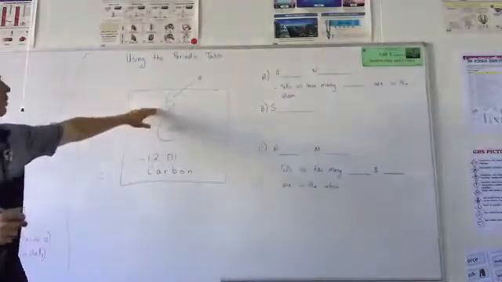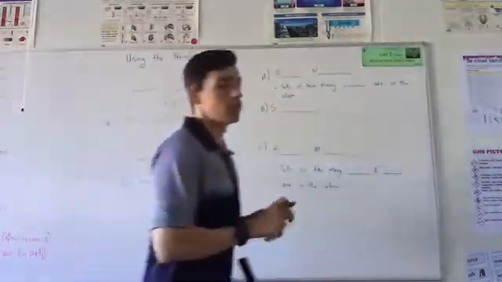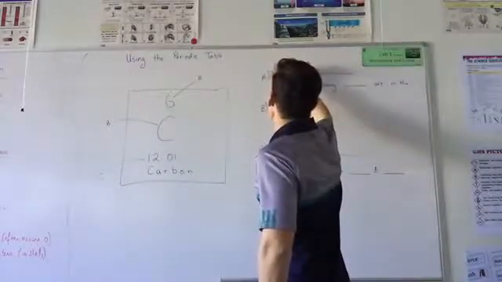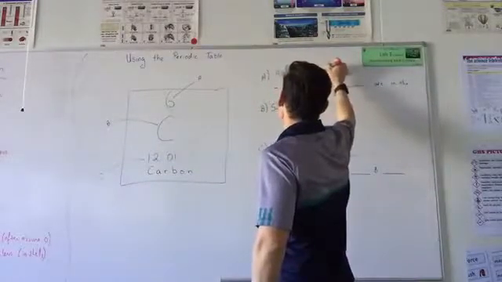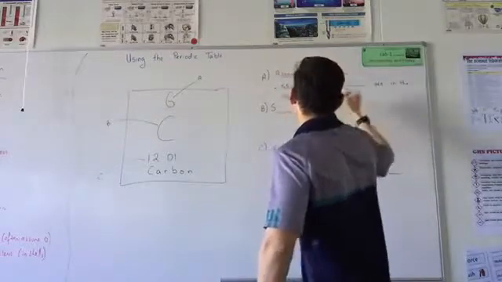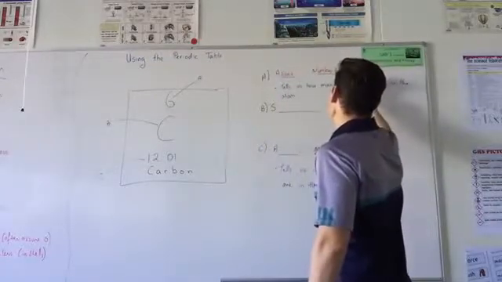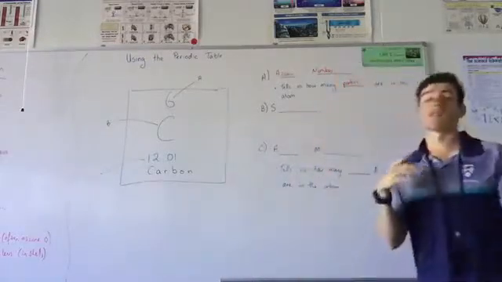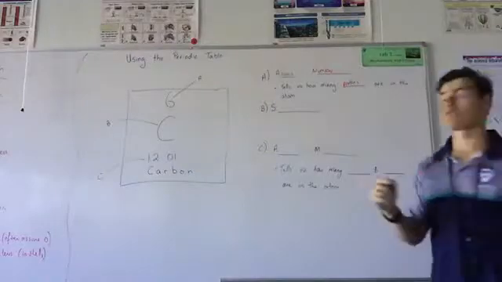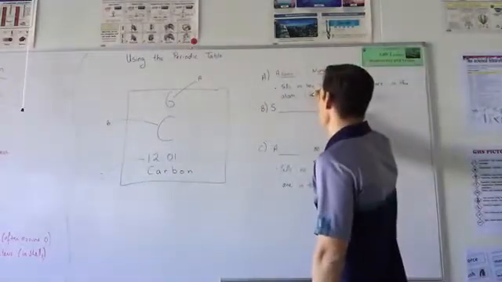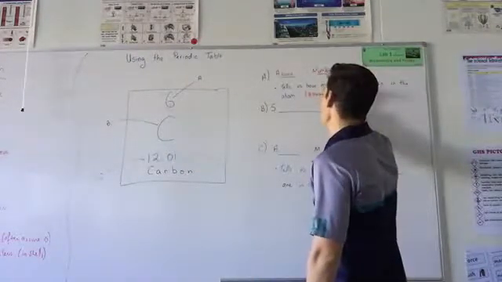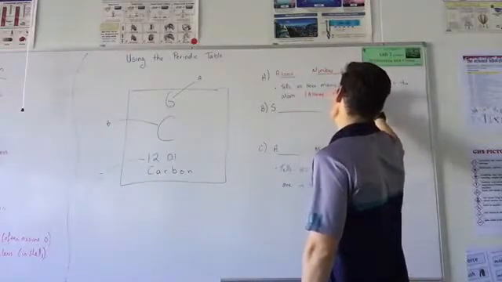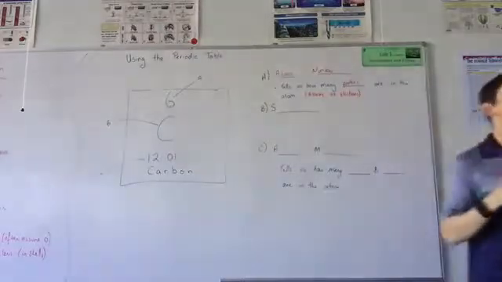The A, or the number on the top, what is that called? The atomic number, and that tells us what? Protons and electrons. How many protons? I like to use the word electrons because I was going to go forward from there. Definitely tells us the number of protons. Can also be used to assume the number of electrons. Now the reason I say it can be used to assume the number of electrons is because